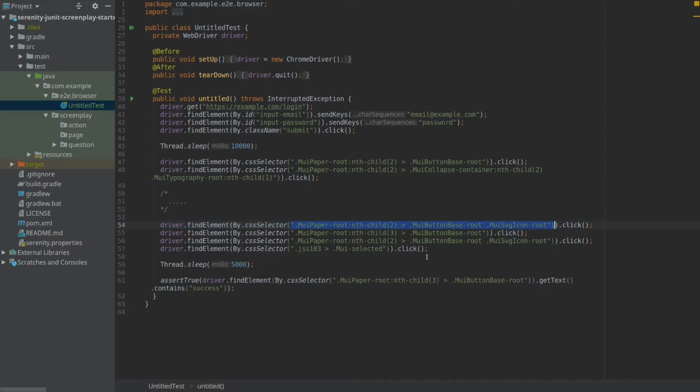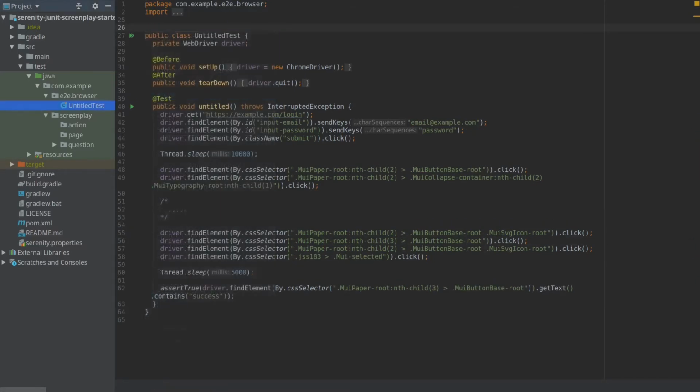Imagine an error in line 55. Even if you had written this code yourself, after one month of not looking at it, you would be totally lost and you would spend like half an hour figuring out what this code actually does. So this is an unreadable and therefore unmaintainable mess. Let's see how we can make this better with Serenity.